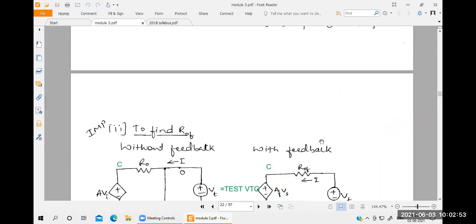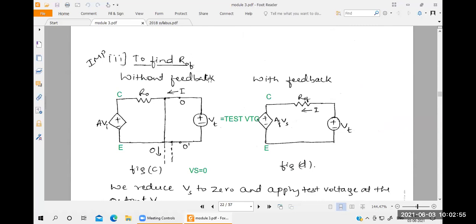Same thing, we want to derive the equation for ROF. Again, you have to write one more equivalent circuit here. For neglecting Vs, you have to write the equivalent circuit here. You have to neglect the Vs. After that, you write the output network here. For that, take the output voltage source, next take R0, then connect one more test voltage, because you want to find the voltage. From that we can derive the equations. Understood? So this is for the without-feedback case.